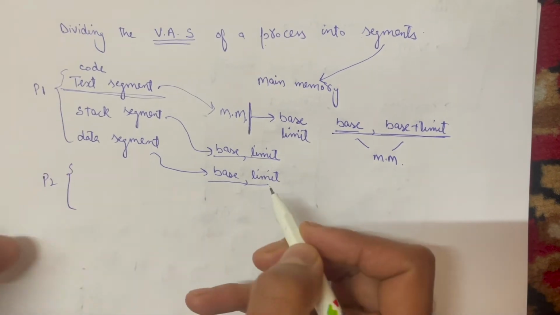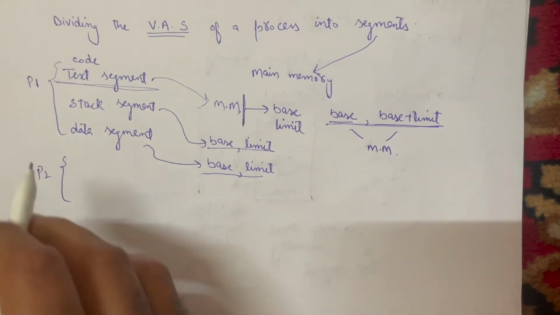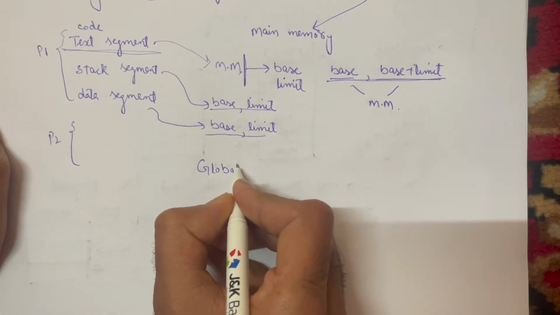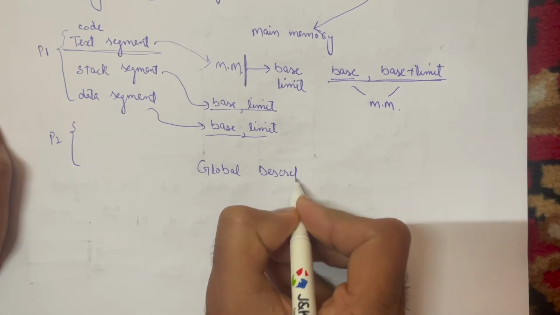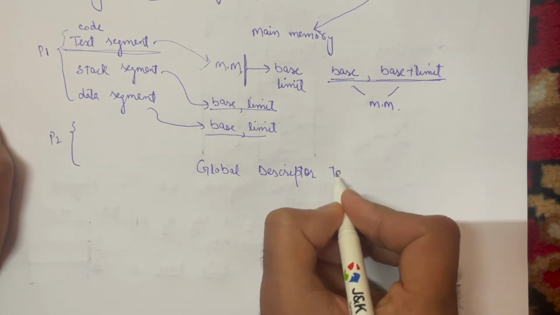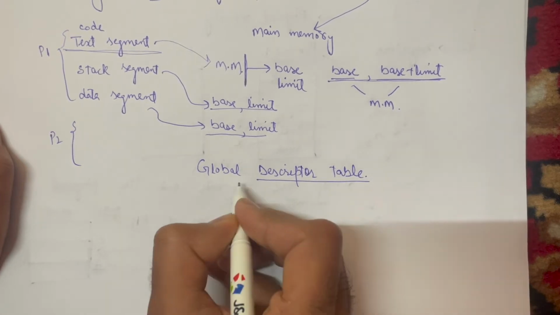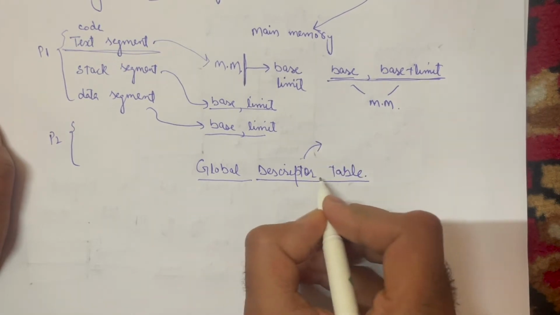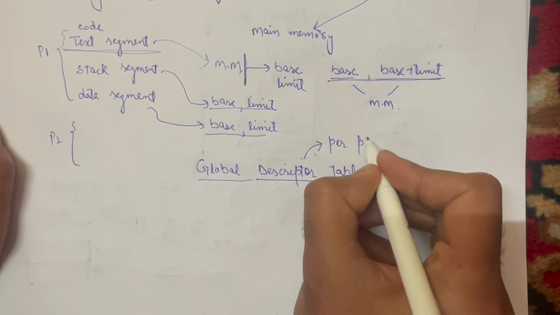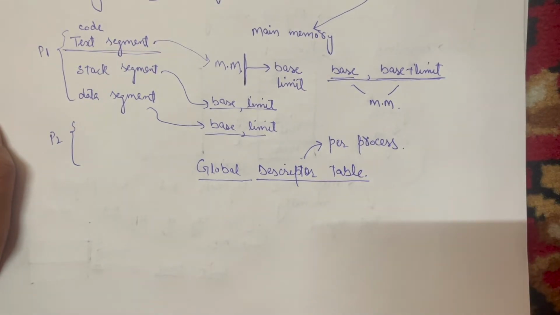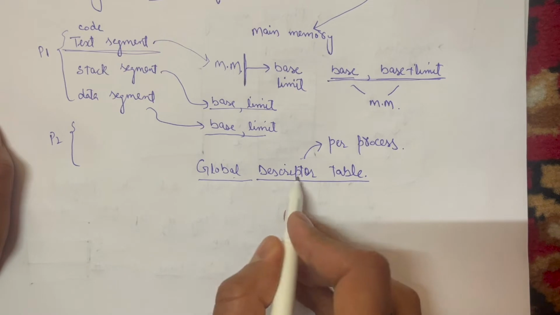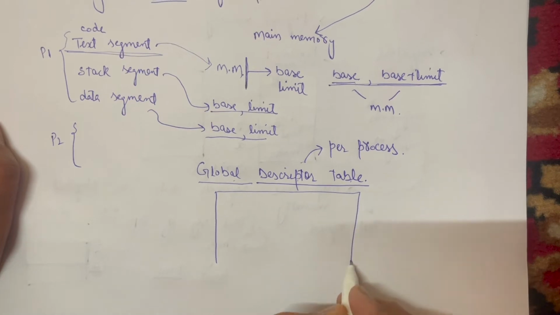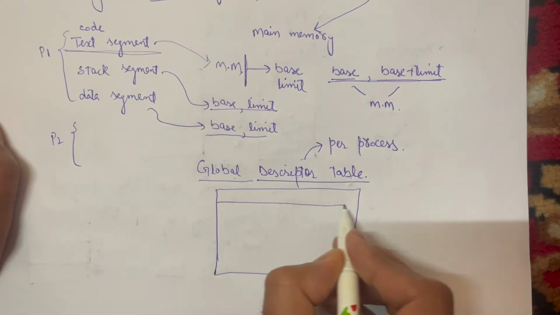And this base and limit of different processes is stored in a special table which is called global descriptor table. Okay, so global descriptor table. So basically you have to remember that we have a global descriptor table per process. Okay, so let's suppose this is a global descriptor table of process P1. So it will have entries like this. It will be having multiple entries,